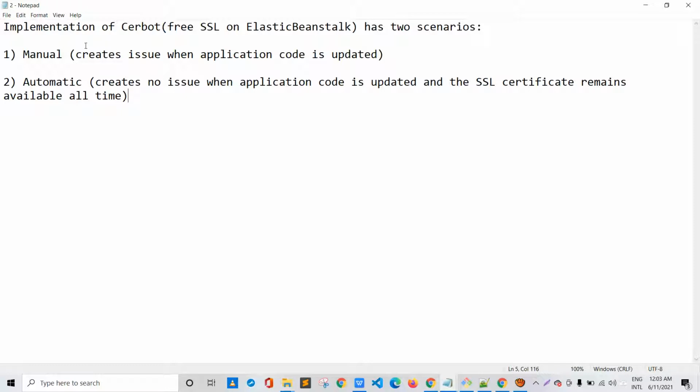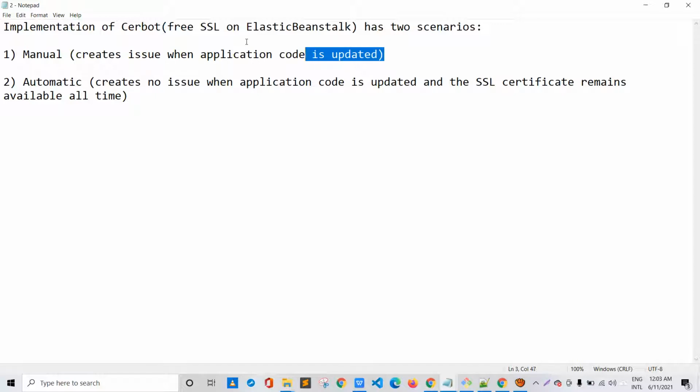The implementation of Certbot, or free SSL, on Elastic Beanstalk has two scenarios. The first one is the manual scenario. In the manual one, we simply SSH into the EC2 instances that are created through Elastic Beanstalk, and we manually install Certbot dependencies and services that are required for it to run, and see if that helps us gain our SSL certificate or not.